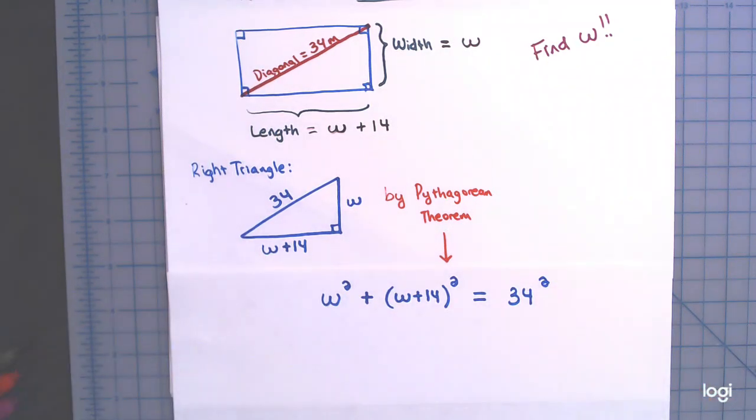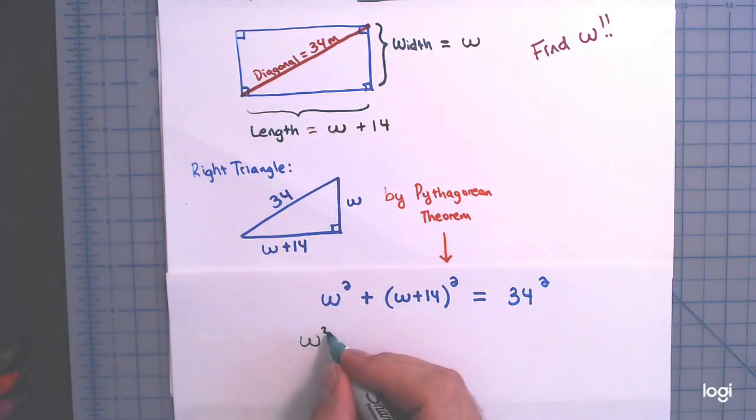And then what we have here is a quadratic equation. All right. So now we're solving this equation for W. I'm going to try to get this in the standard form for a quadratic equation, where I take everything to one side and 0 on the other, and we'll see what happens. See if we can solve it by factoring, or maybe with the quadratic formula, or completing the square, or whatever. All right. So we have W squared plus